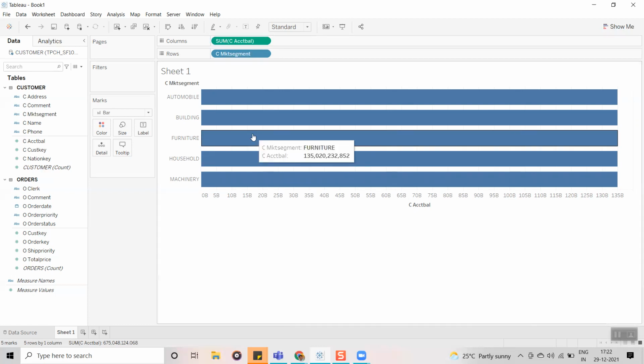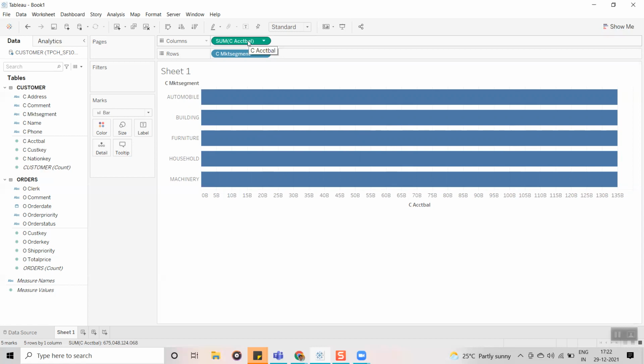Now, the graphs: which graph do you have to select? For example, if the customer wants to see detailed information, then you have to go with the cross tab. Detailed information means the granularity. The visualization should be lower granular, and lower granularity means, for example, each and every record.